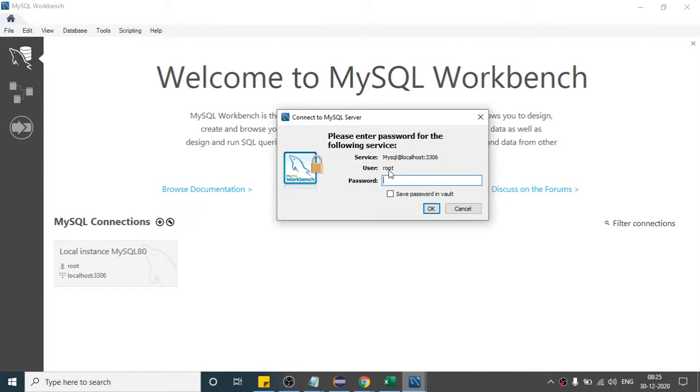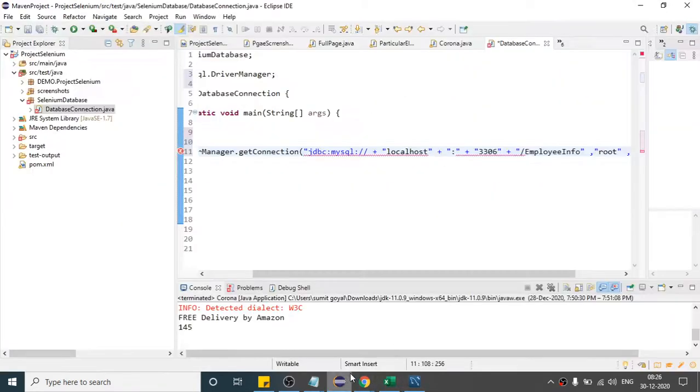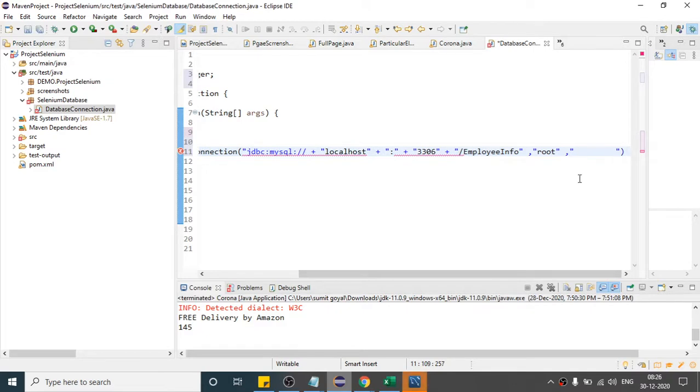I'm writing this is my username, and whatever password I define here, so that it will be able to connect to this, right? So here root is our username, and root 123 is my password, so you can set any password.